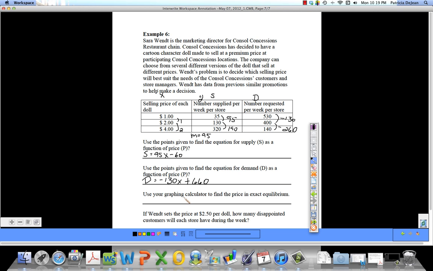And then you want to go to the table and find a value where the price is in equilibrium. What we're going to do is change our table set. We're going to do a table set, a delta table, at 0.1. We go second table set, and then change the delta table to 0.1. Then when you look at the table,